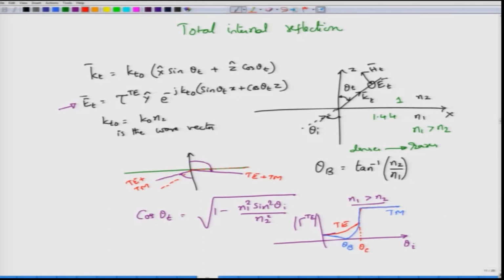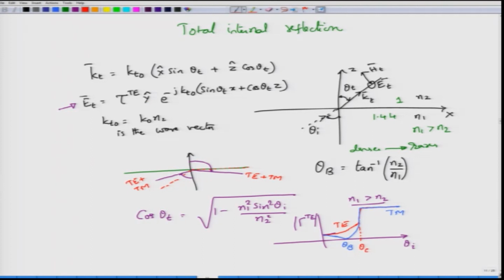Normally one would expect that if the wave is completely reflected, and we say that there is nothing in the second medium, this is what our traditional theory of total internal reflection would say, but it is not true. What you would actually have is a very interesting phenomenon which we are going to talk about now. Okay. So, I hope you can write a short MATLAB script, or you can use Excel, and show that the magnitude of TE or magnitude of TM, both cases, would exhibit this type of behavior. That is, there is a critical angle beyond which the magnitude of the reflection coefficient will remain equal to 1.